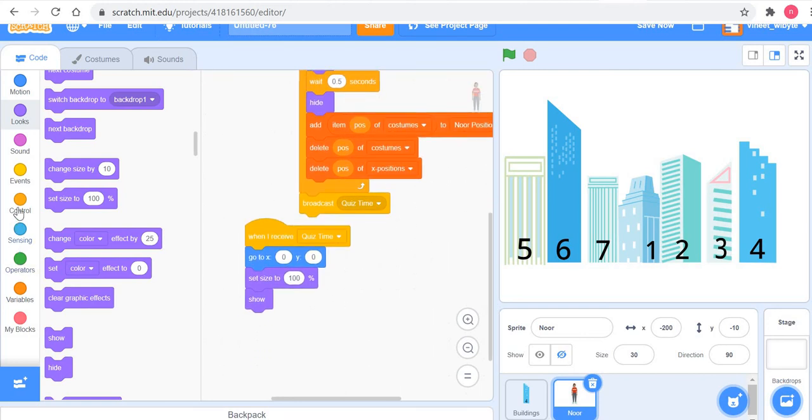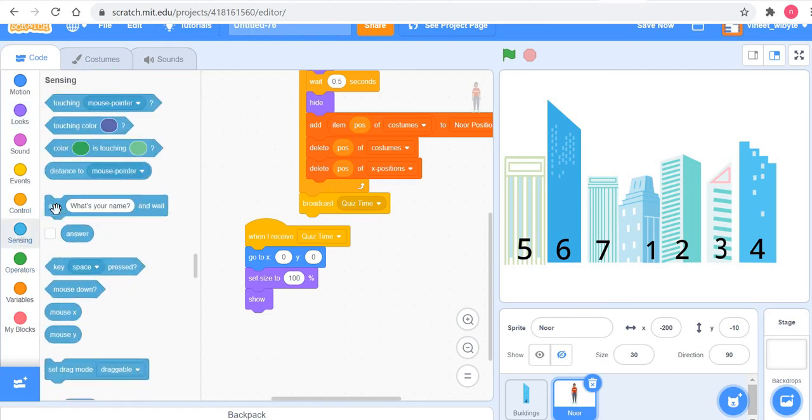So let's go to the sensing block and say ask, and we say, which building did I visit first, right? So which was the first building that I visited, basically, and that depends on the random number it picked up.